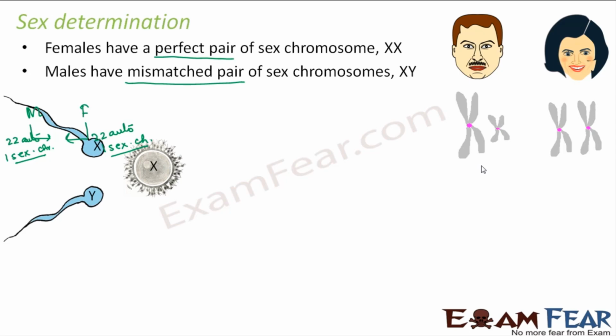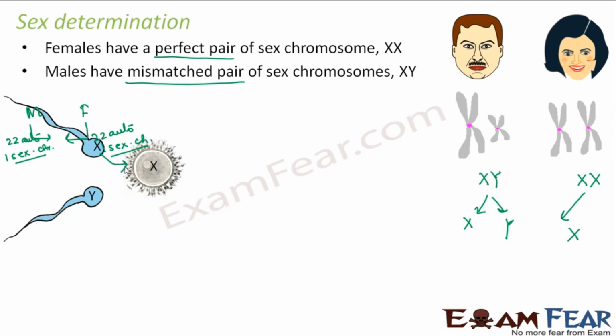So now, the reproduction takes place with the help of the male and female germ cells, that is the sex cells. Here you can see that the male sperm can contribute an X as well as a Y, because for males the sex chromosomes are XY, for females it is XX. So the female will always contribute an X, therefore the egg cell always has an X. But the male can contribute either X or Y. So there is a possibility that the sperm will carry an X or the sperm will carry a Y.